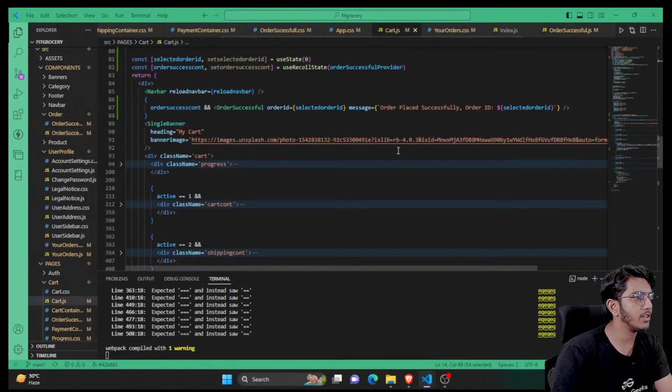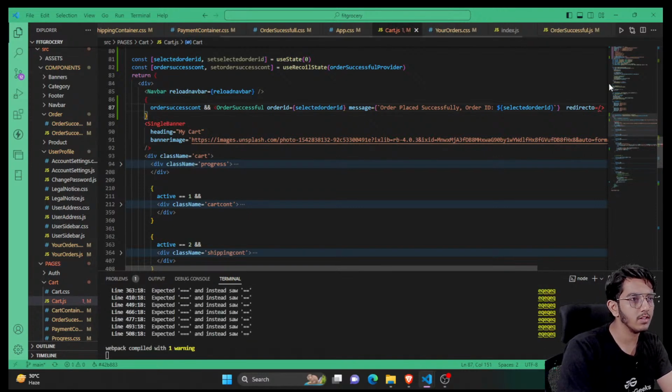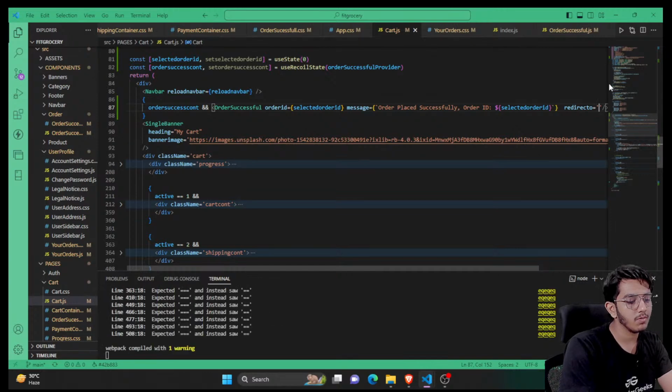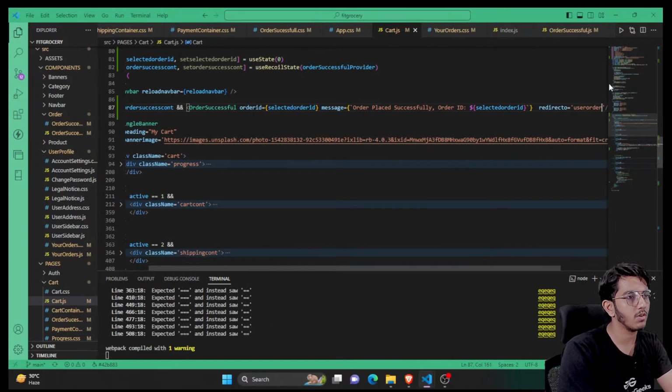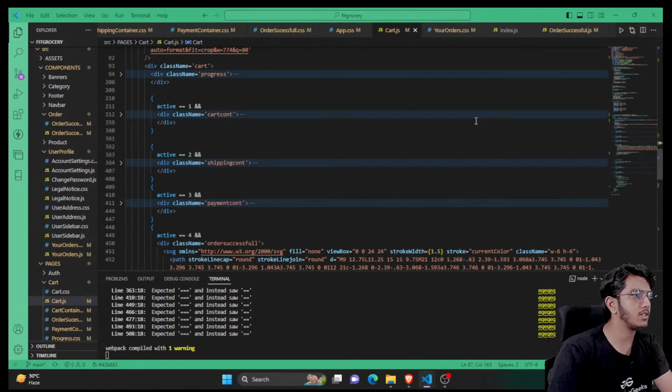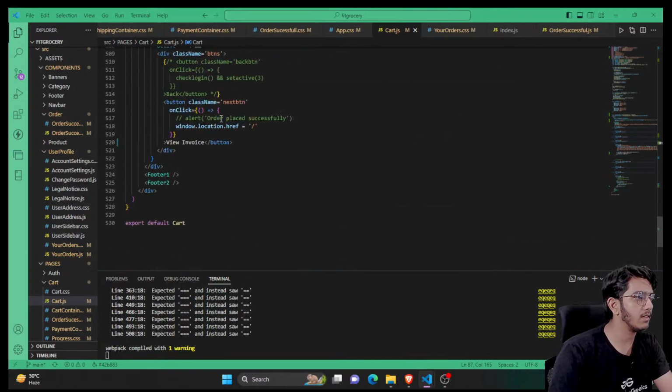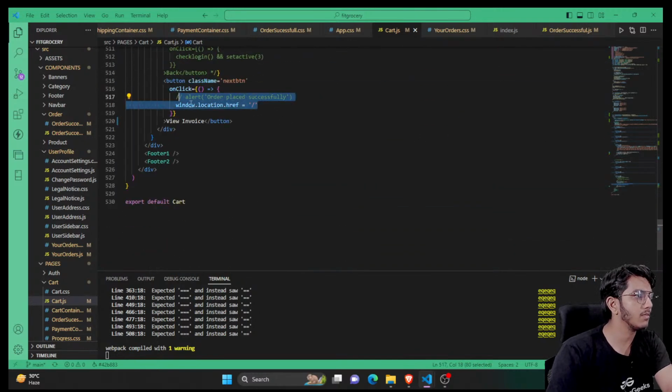then in card.js I have to provide this. So I'll just say that redirect to is, I want to redirect to user orders, and that's it. So now you'll be able to see the magic. Once you click this, you'll say